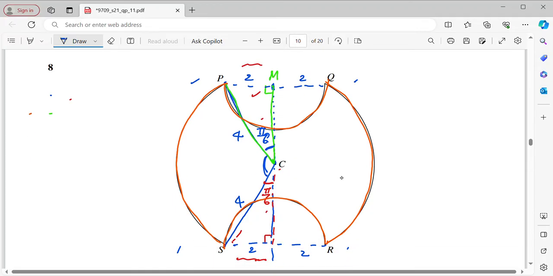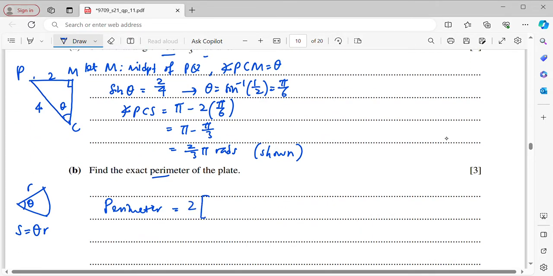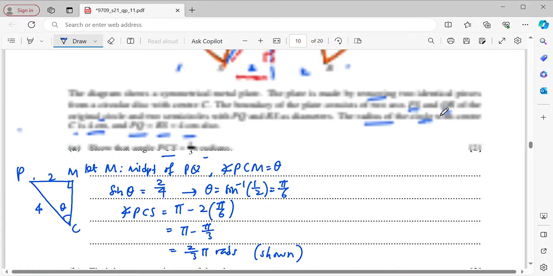So I will write perimeter equals to, when you look at here, just now we have found this angle is 2 pi/3. So R is 4. So for this whole sector PSC, this arc length here is going to be theta R, which means 4 times 2/3 pi. But since QR is the same as PS, I will just times 2. So I will write it is 2 times 4 bracket 2/3 pi